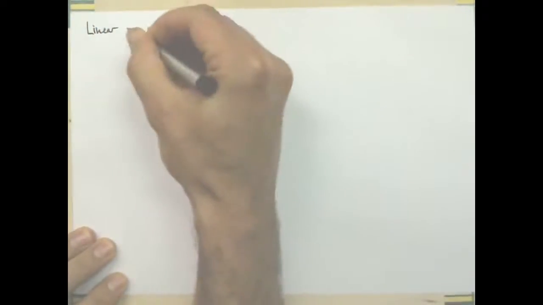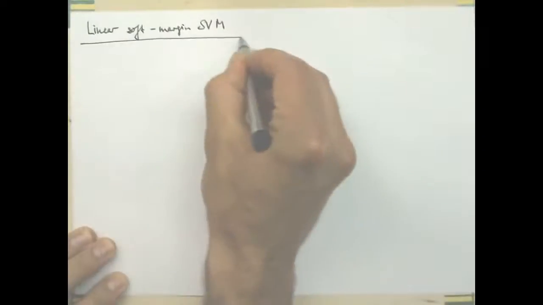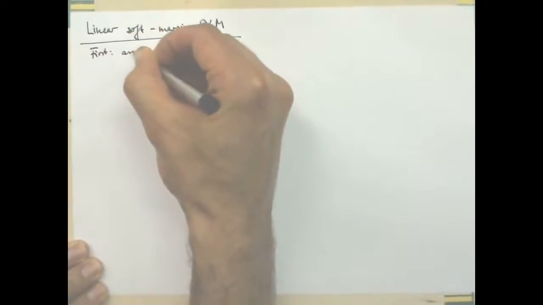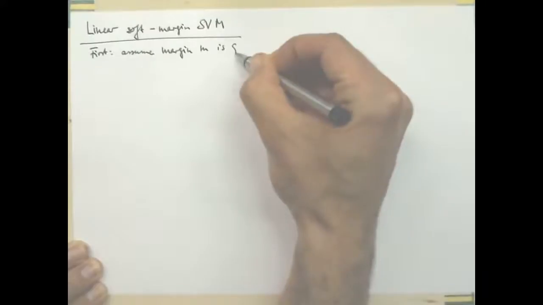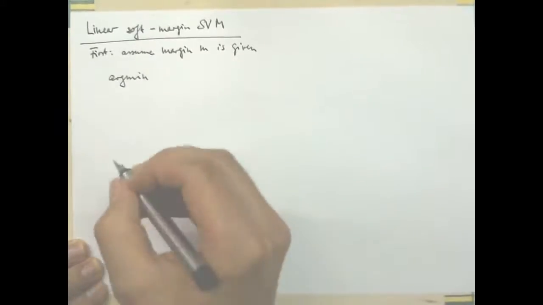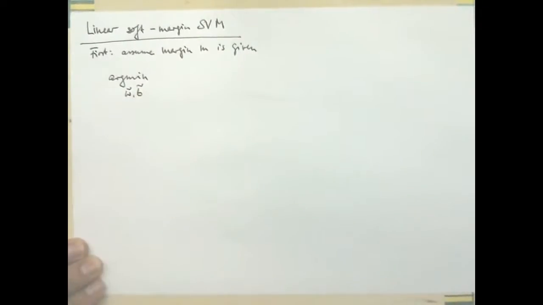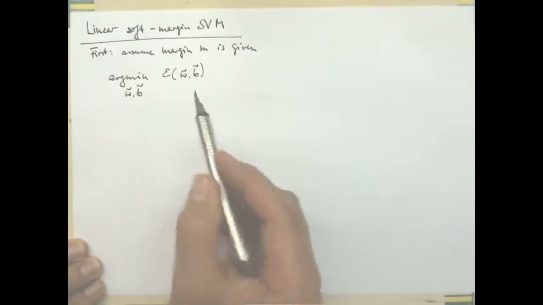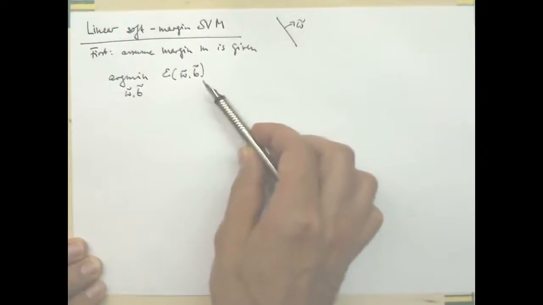So in technical terms, we're now looking at the linear soft margin SVM. For starters, we assume that the margin M is given. And given this margin M, we now want to find the optimum parameters, the normal vector. I'm writing W tilde because I want it to be normalized to 1. We want to minimize the empirical error, which depends on the normal vector and on the bias of my decision boundary, and of course on the training set, but I'm not writing the